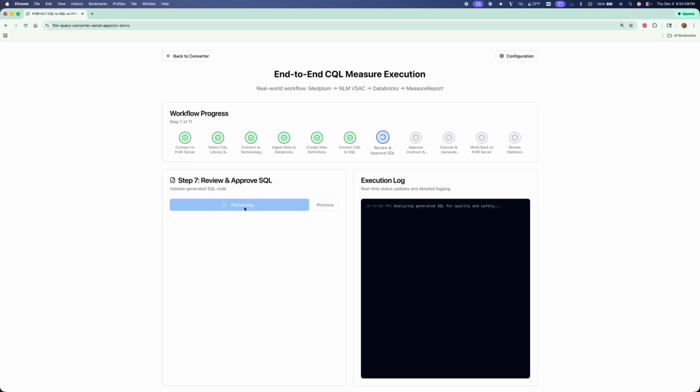Then we're going to review and approve the SQL. We're going to approve the contract and the quality of the data. We're going to go ahead and execute and generate the measure report in Databricks.